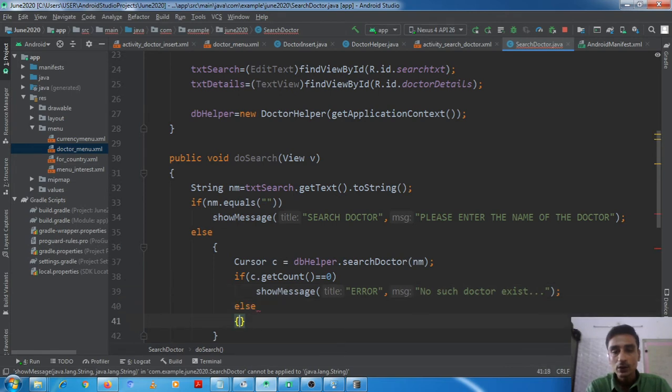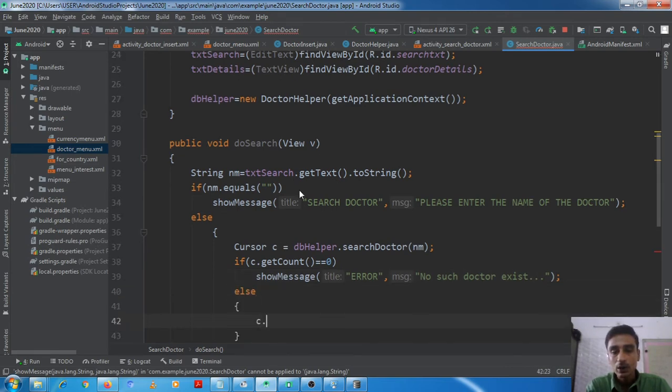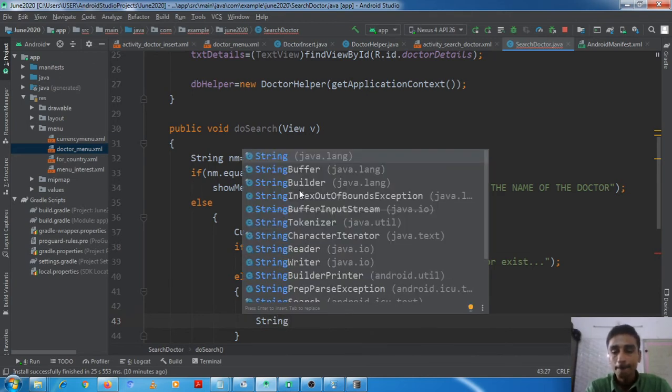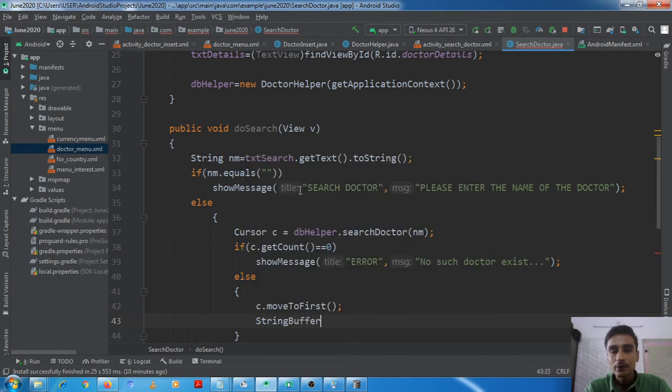Else we should show the record, that is, c dot move to first. Okay, and we should have one string buffer. It may happen that there are more than one record, so what should we do?